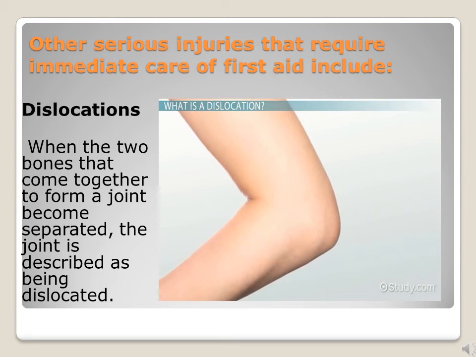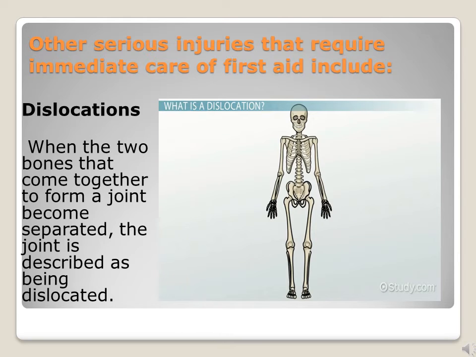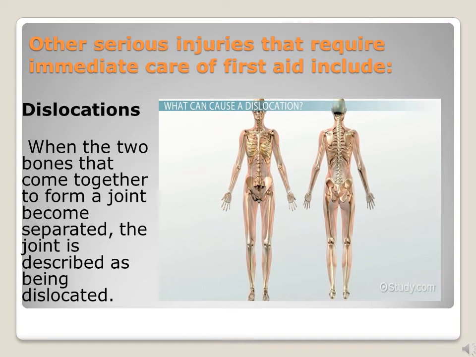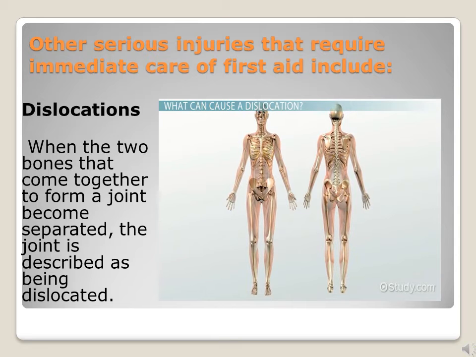Dislocations can only occur to joints. You can sustain dislocations in any joint of the body, but the more common sites of dislocation include the shoulder, hip, patella, ankle, and finger. Dislocations can occur because of anatomical issues or blunt force trauma. A person's anatomical structure can play a role in how easily and how often he or she might sustain a